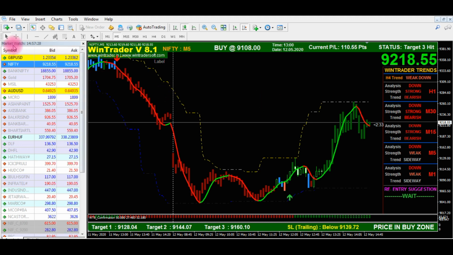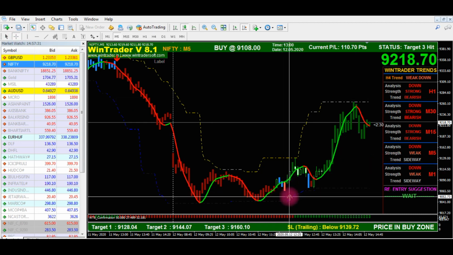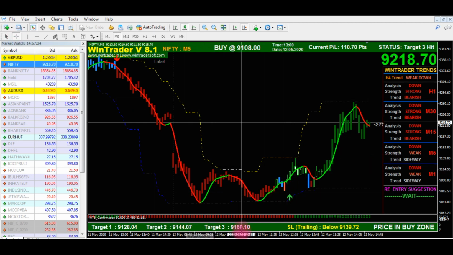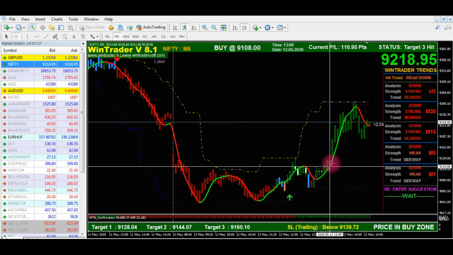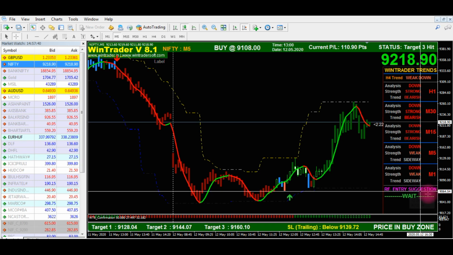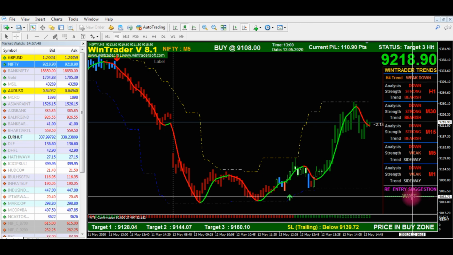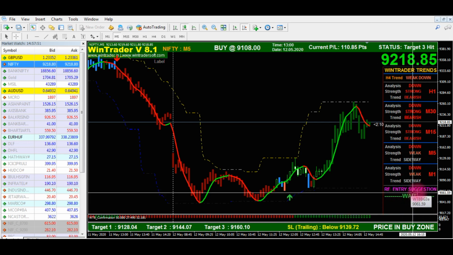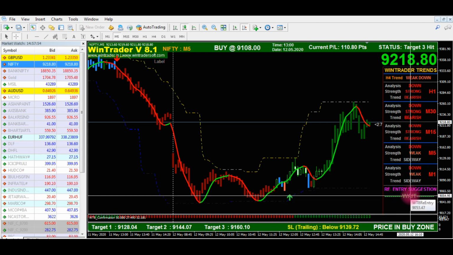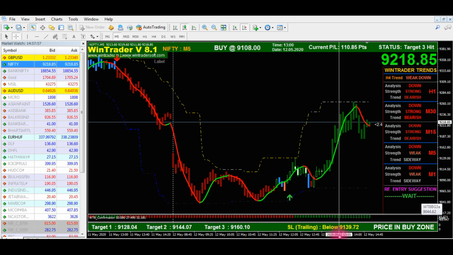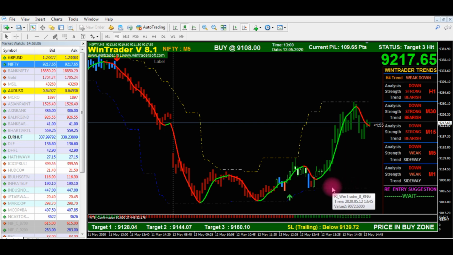Another advantage is, if after the signal you exit the trade with the target, and after that there is any chance of the market going up, we will get a re-entry suggestion. Frequent re-entry suggestions will be generated here. So you can exit with the re-entry suggestion, because maximum riskless trading is preferable with the re-entry suggestion. A small profit you can earn with that re-entry suggestion, with the sell price, new entry price and new targets. Stop loss we can keep the same because it's a trailing stop loss. It will be modified; we need to modify it in our terminal. So this is how, from a single trade, we earned above 11,000 rupees, which we are just showing here.